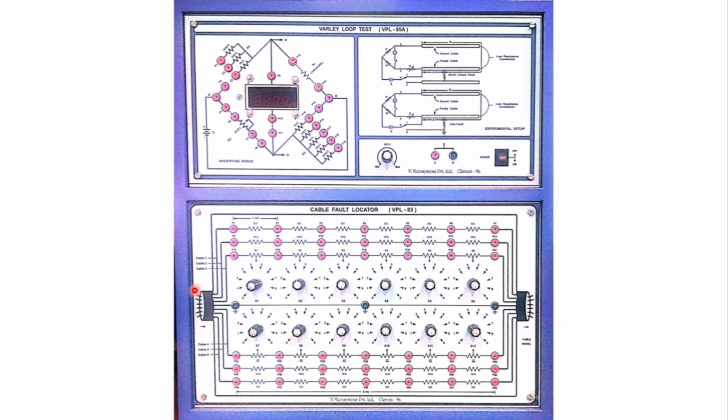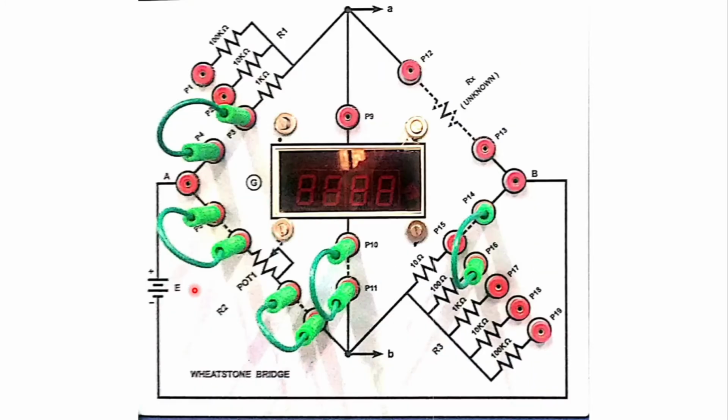This is the pre-given data. Now you need to make the connections. The connections are really simple. Here you find dotted lines, and you simply have to connect these dots. Initially, connect P2 to P4, P5 to P6, P14 to P15, P7 to P8, P10 to P11. So this is how you connect.